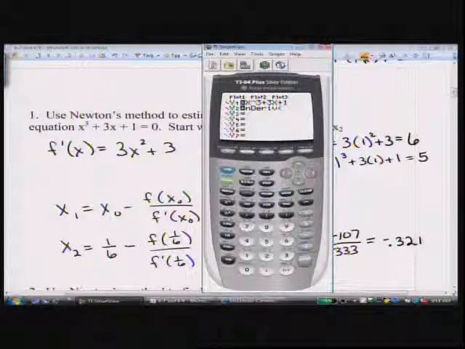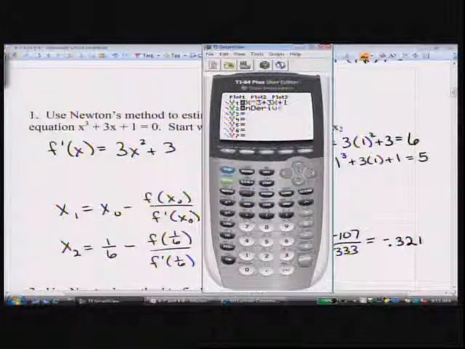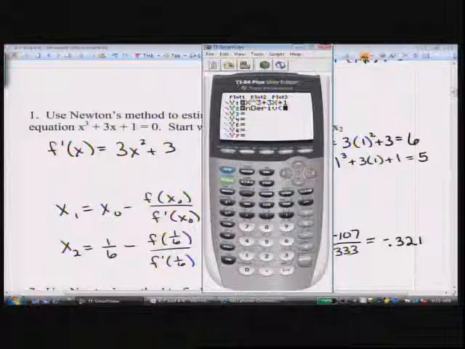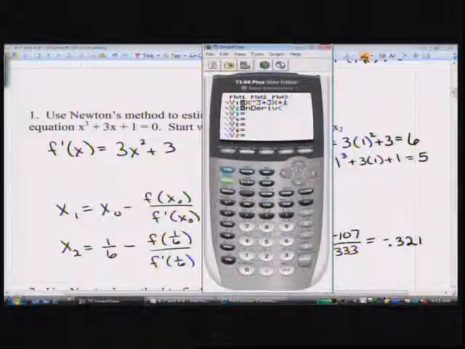It won't give you 3x squared plus 3, but at any particular value it will give you the derivative of a function. And the way you enter it in, there's a command here. You have to tell it what function you want to take the derivative of. So you could either type this function in, or since this function is programmed into your calculator, actually,